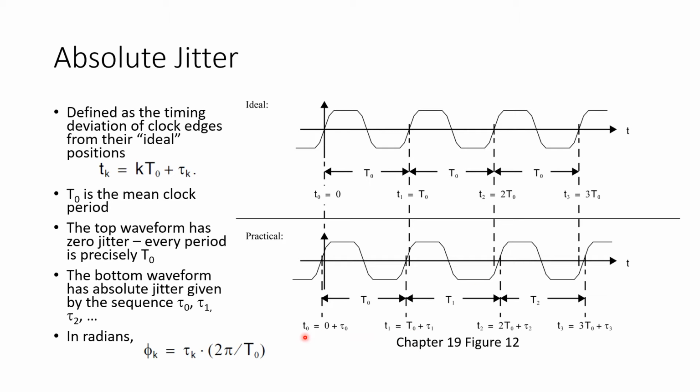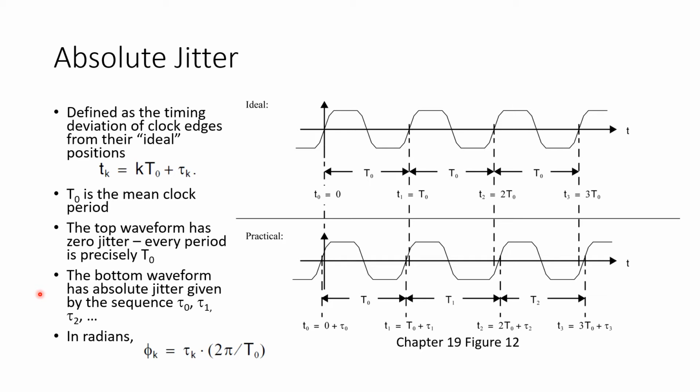We define each rising edge 0 crossing as T0, T1, T2, and so on. And although they should be perfectly spaced with the same spacing T0, they deviate away from those ideal crossing instants by the sequence tau sub k. So with these definitions, T sub 0 is the mean clock period,